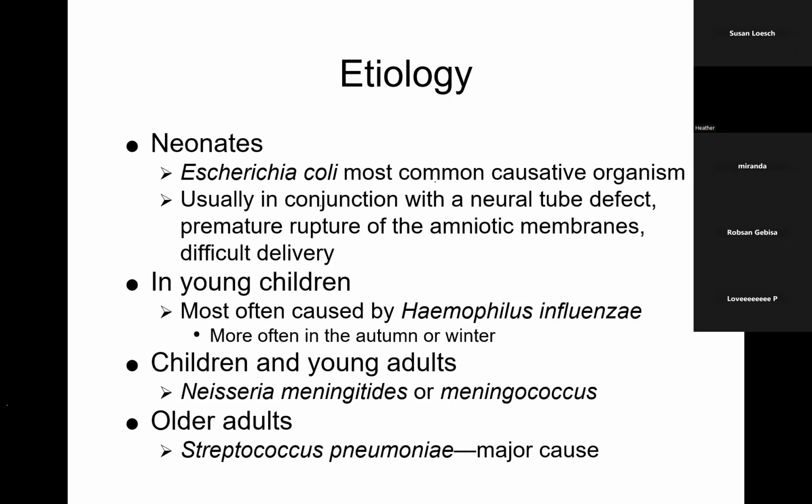All right, so causes. We already went over this a little bit, but babies, okay, E. coli. And usually this is with a neural tube defect, like a myelomeningocele. Okay, so the baby has this rupture on the outside of their spine and they poop, and that diarrhea can get up in there where that neural tube defect is and get into the bloodstream. For most kids, it's caused by Haemophilus influenzae in the autumn or the winter. And in children and young adults, Neisseria meningitidis. Older adults, it's going to be streptococcus. A lot of times they'll start with pneumonia, and because they're immunocompromised or something else is going on, they